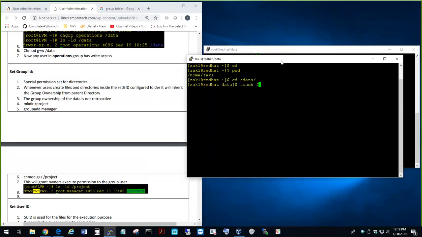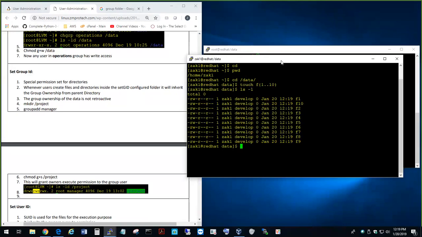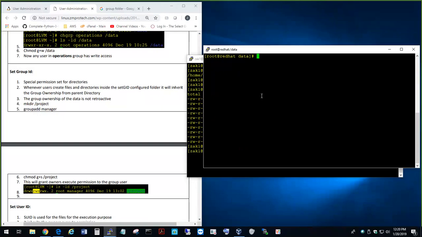Touch file 110. Okay, you see how the file is created by Zach, but the group ownership is developed here. Okay, so what we're gonna do is, over here he's showing something new. So, okay, so what we're gonna do is